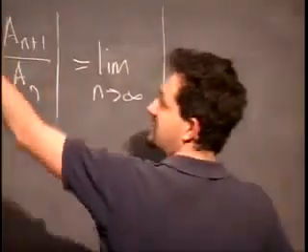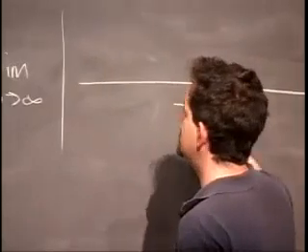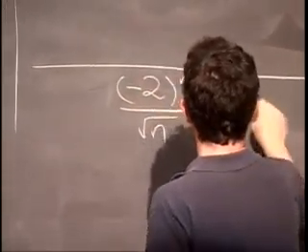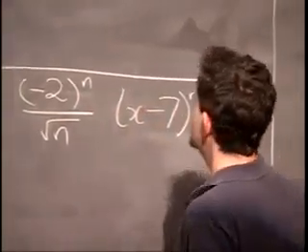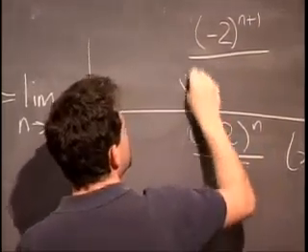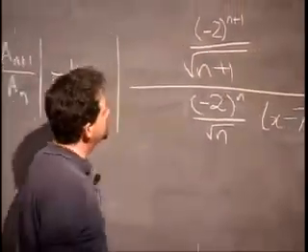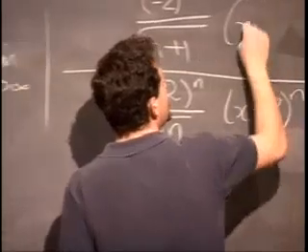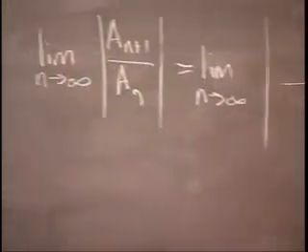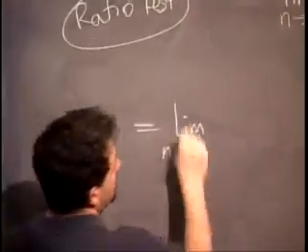all I do is copy the exact term down the bottom, under this huge fraction bar. I get minus 2 to the n over root n, x minus 7 to the n, and on the top I increment n. I get minus 2 to the n plus 1 over root n plus 1, x minus 7 to the n plus 1. Notice that it's n that I'm increasing, not x. X doesn't get touched. I'm leaving x as it is. Okay, so let's